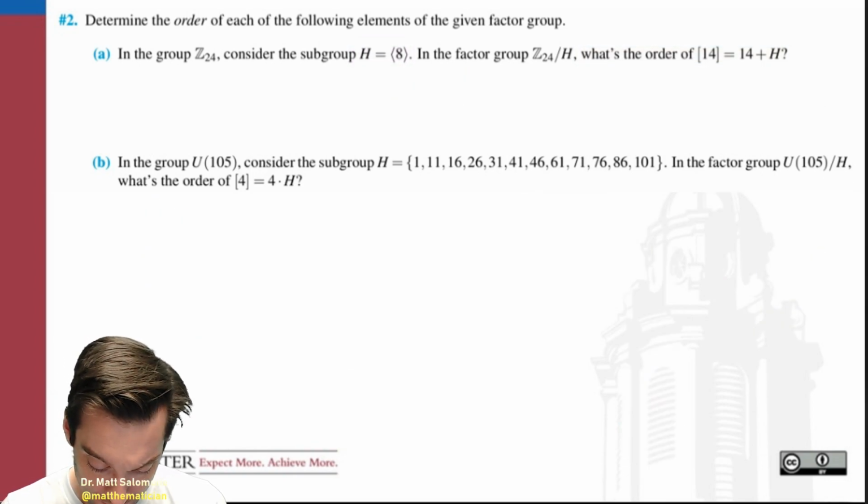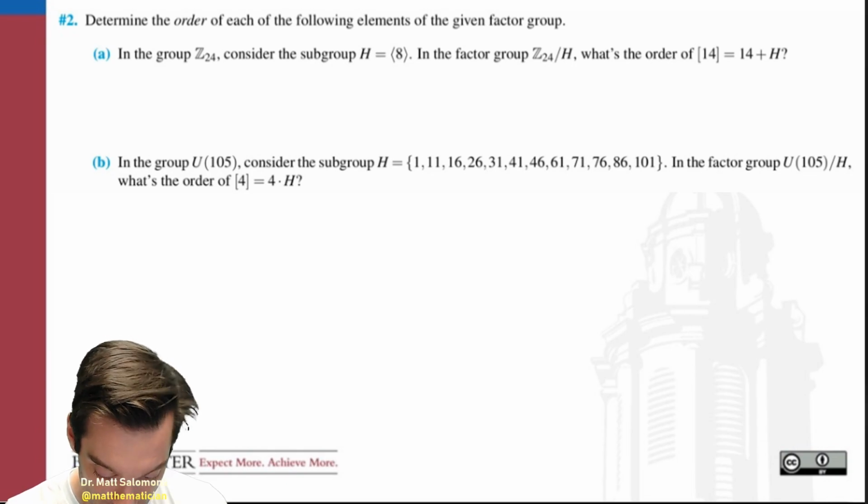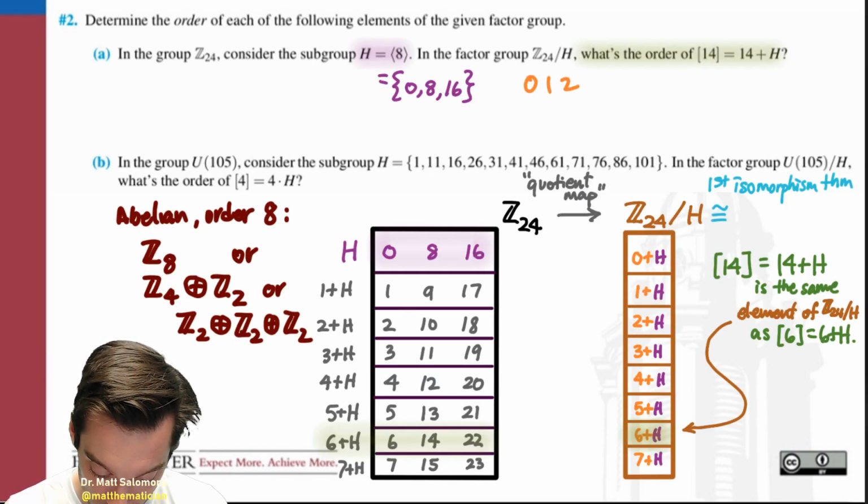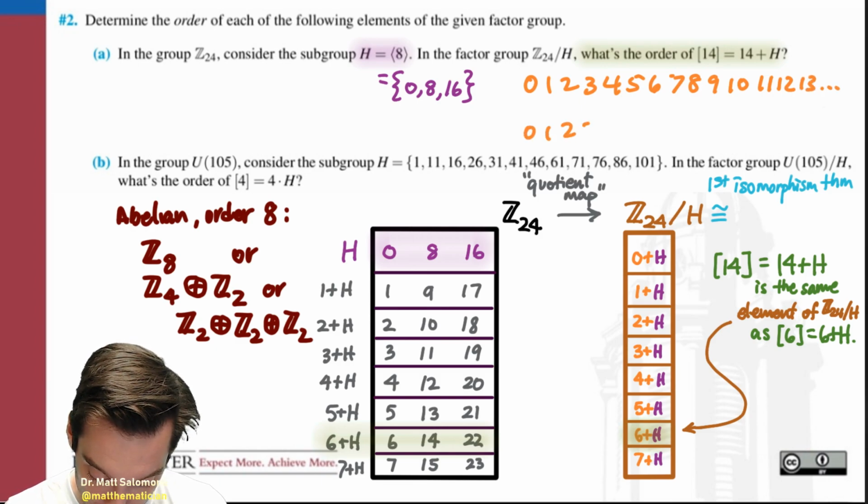Let me see. I don't want to have to write all 24 of these numbers, but I think I'm going to. 0, 1, 2, 3, 4, 5, 6, 7. Maybe I'll just write the first half of them. 9, 10, 11, 12, 13, dot dot dot. And then I'll write them again down here. So here's my trick. My trick is I'm going to come up with a